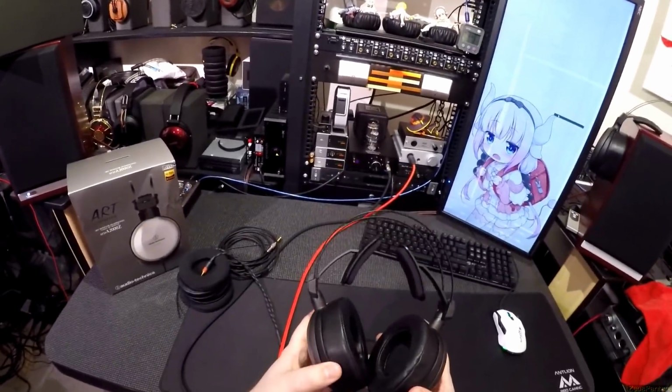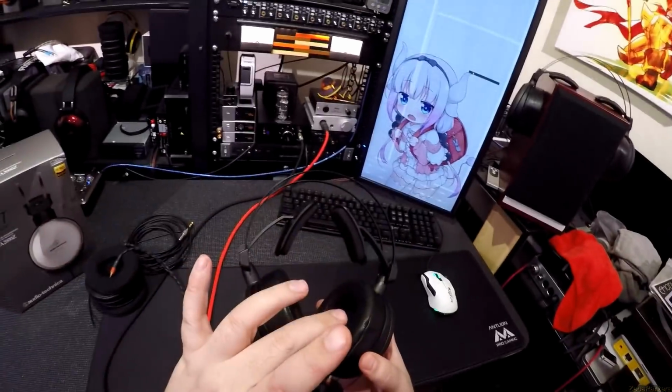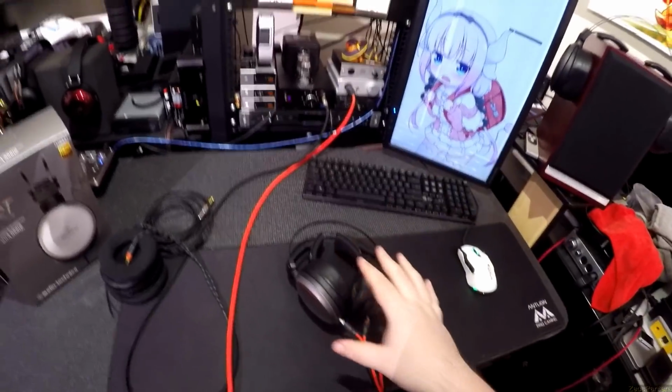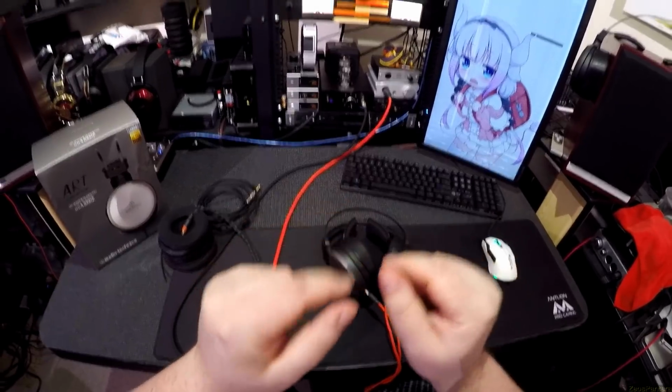Yeah, if Audio-Technica would just come out with a pair of headphones that was well padded and with a detachable cable and was in this sort of price range and made this sort of performance, it would be an easy win. This is just like, you can, but then you gotta tweak it. So yeah,